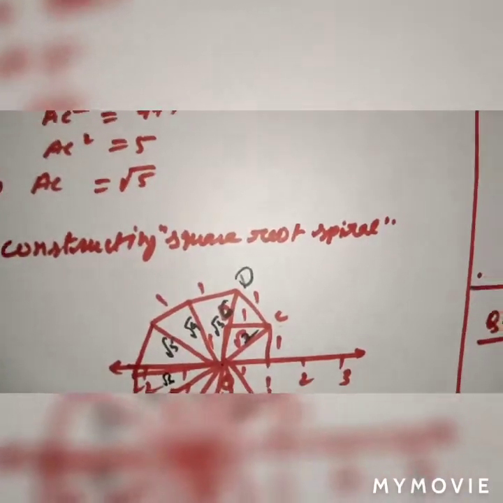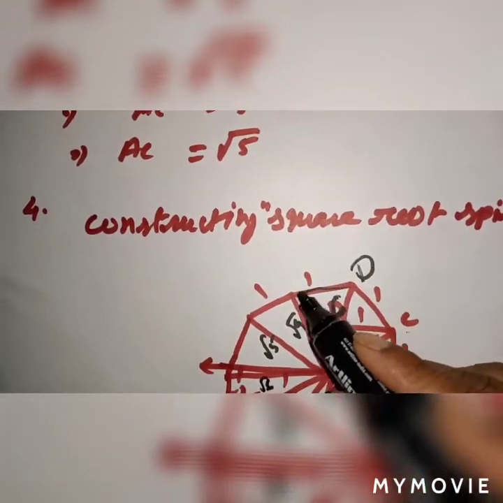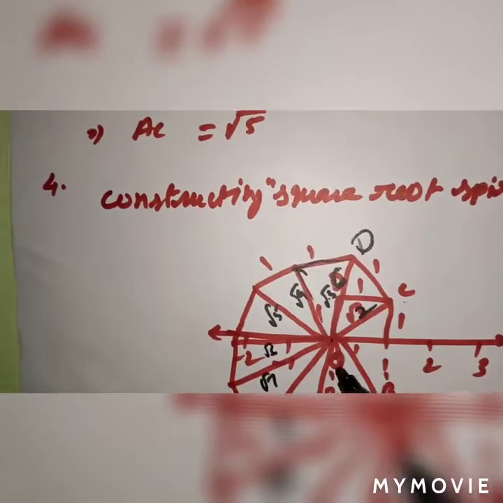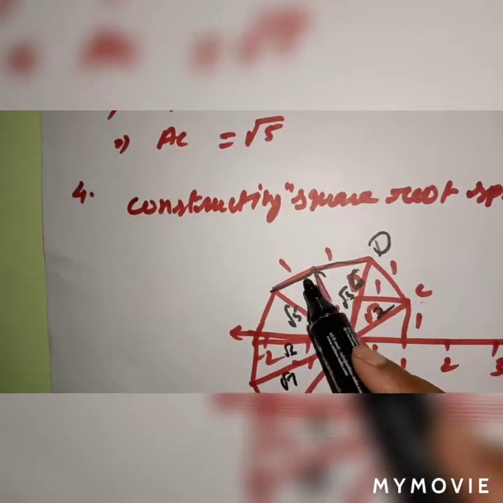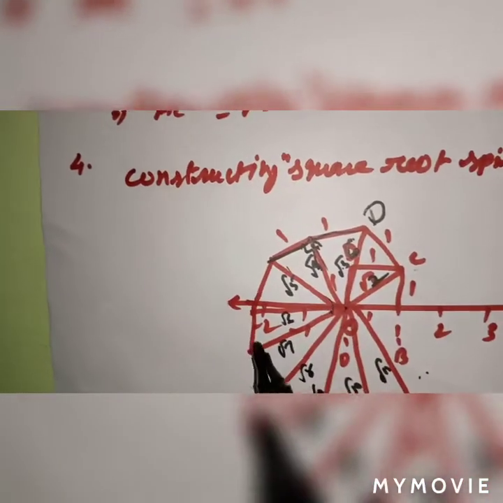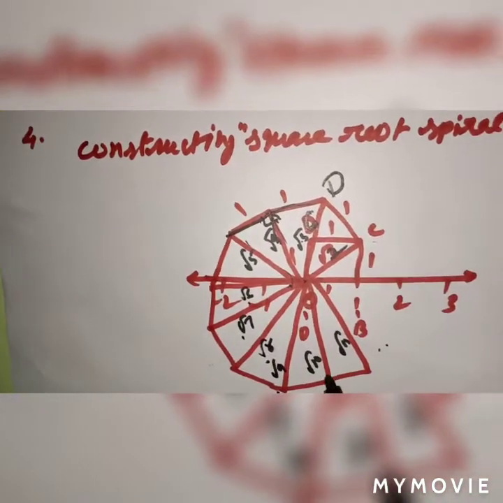Next, then you will get root 3 this one. Again draw a perpendicular of 1 unit. Join with O, you get root 4. Again perpendicular here, 90 degree. That means this perpendicular should be 90 degree. So root 5. Similarly root 6, root 7, root 8, root 9, root 10, root 11.